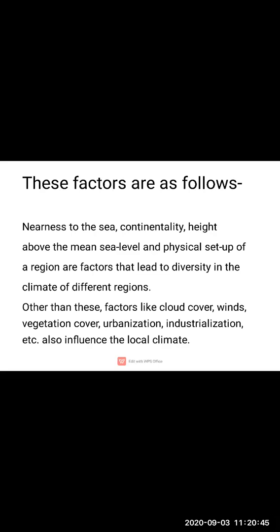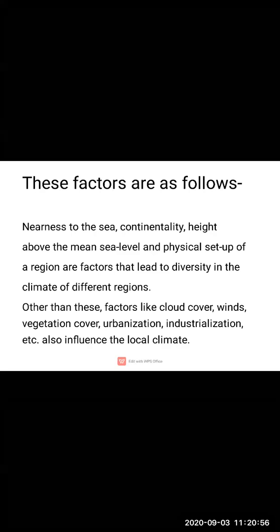So urbanization is the increase in the percentage of people living in urban areas than in rural areas. Next is industrialization. Industrial development in a particular region also influences the local climate of that region.